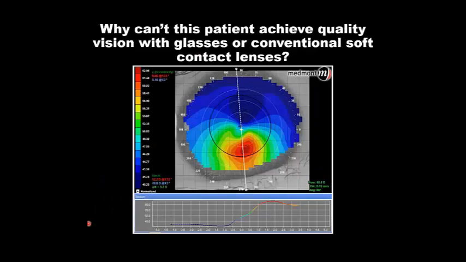So let's start, before we talk about scleral lenses, with which patients need them, and when is a scleral lens ideally called for. We might take this patient as a starting point and ask: is this somebody that we should expect can achieve excellent acuity with glasses or contact lenses, or is it possible to fit this person with just simple soft lenses? One of the first things you might do is look at the lowest power that we can see,